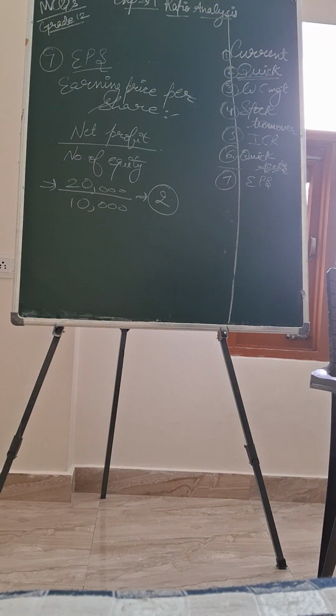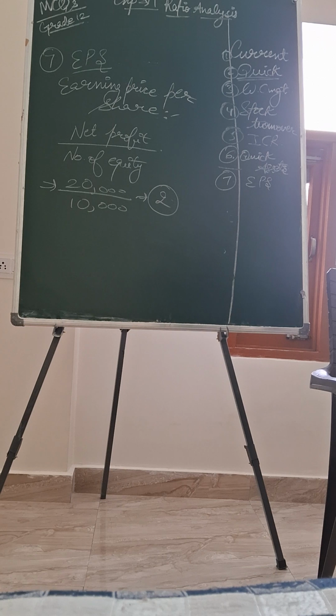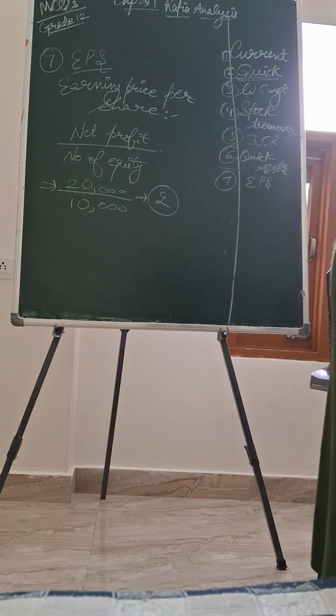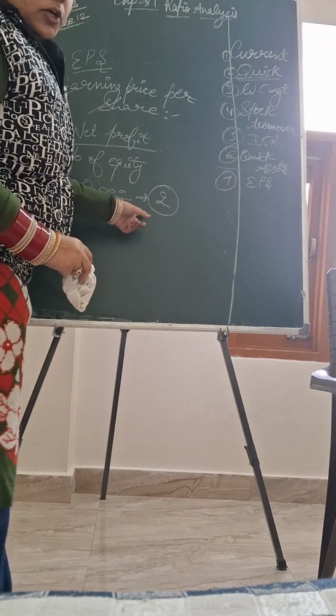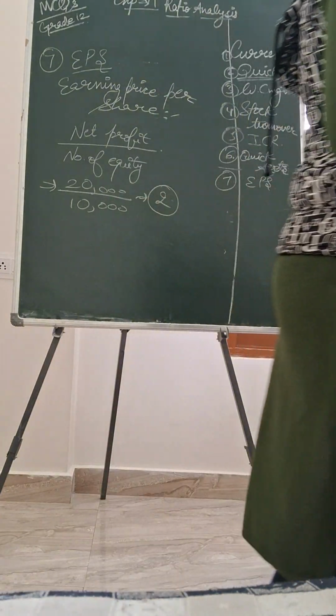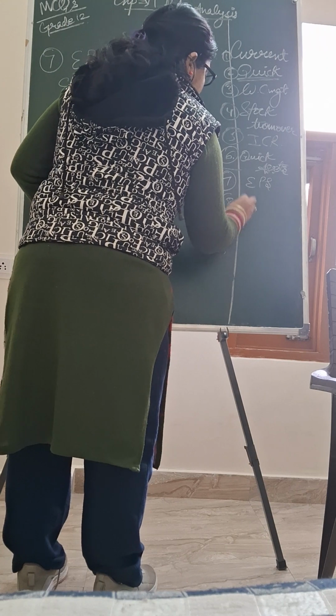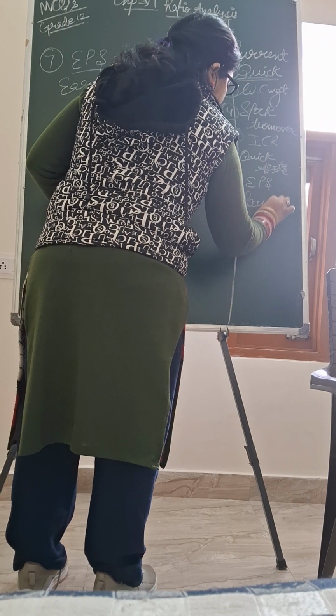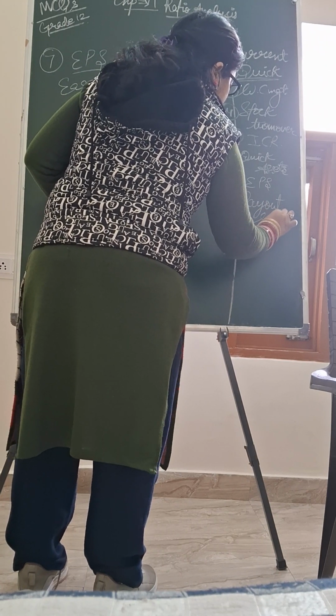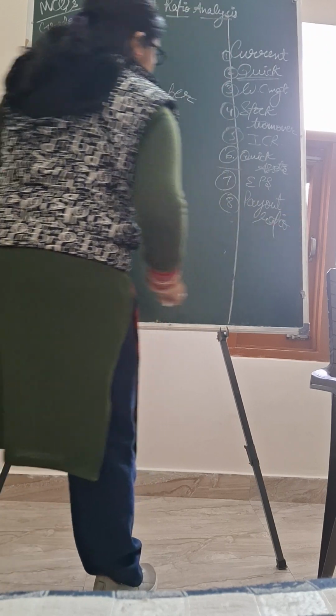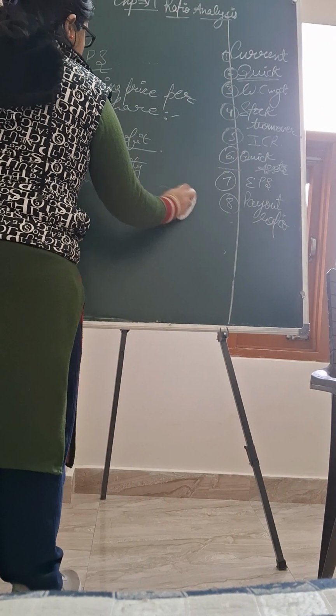इसके अलावा हमने आज करनी है पे आउट रेशो। अब पे आउट रेशो कैसे निकलती है? पे आउट रेशो के लिए तुम्हारे पास दो चीज़ें होनी ज़रूरी है, एक ईयरली डिविडेंड और एक ईपीएस। ईपीएस मैंने यहाँ पे सिखा दिया, 2 आ गया, इसको याद रखना। अगला क्वेश्चन जो है इसमें निकालना है वो है पे आउट रेशो। ठीक है।